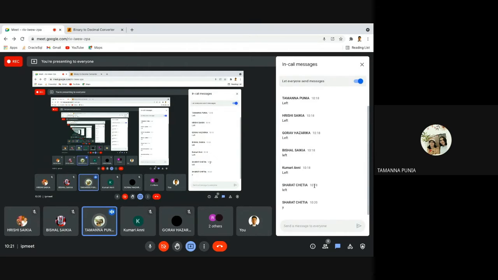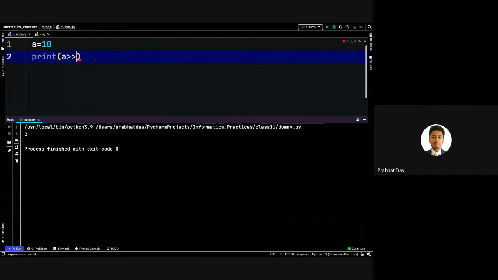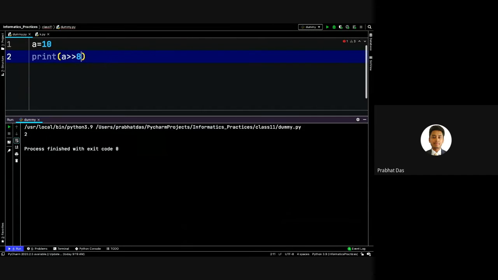If we do shift right and enter 5, in that case you will be getting 0. Let's say we give 10 and execute it, you will be getting 0.